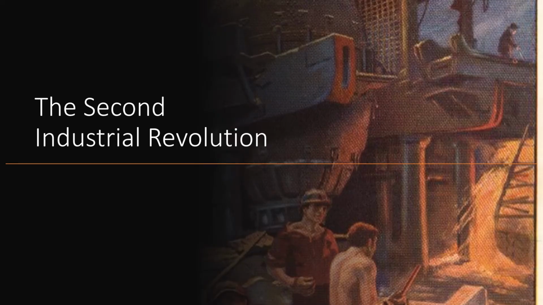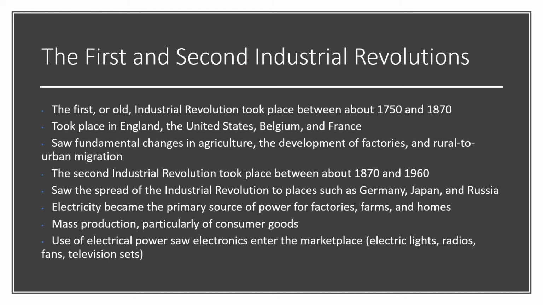But on to now the Second Industrial Revolution. The difference between the First and Second Industrial Revolution is this. The first, or the Old Industrial Revolution, took place from 1750 to 1870. The Second Revolution was from 1870 to around 1960. In the First Revolution,